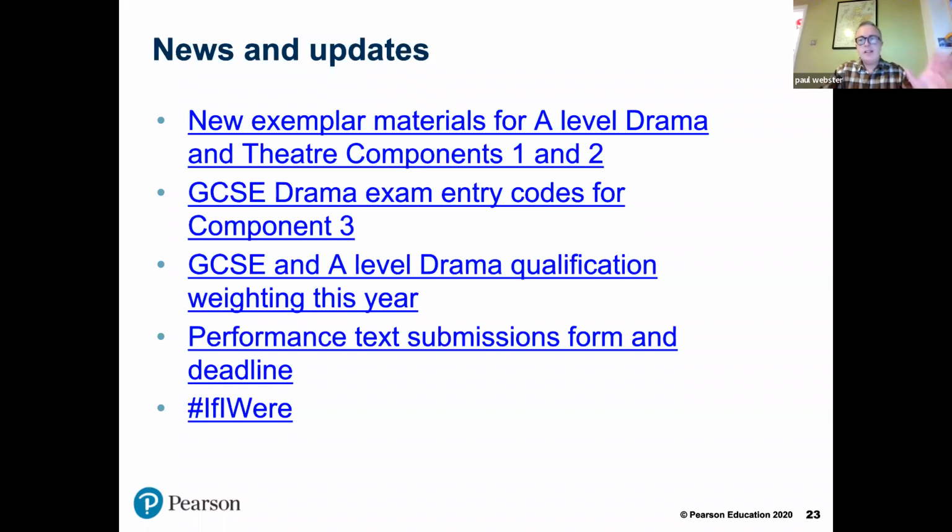So we have a list A and a list B. If the work was written before 1954, then it's in list A, so Spectacles, Crucible, etc. But we've also added A Doll's House by Tanika Gupta and Antigone by Roy Williams. And list B are those plays that are written after the year 2000, so things like DNA and 1984. And we've also added 2 new plays there, The Free Nine and Gone Too Far by Bolak